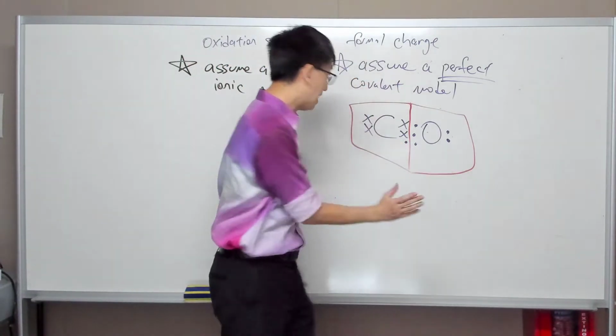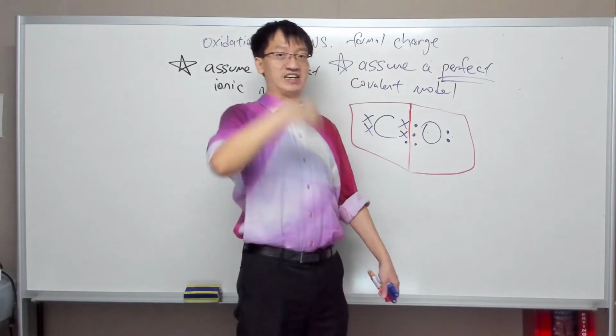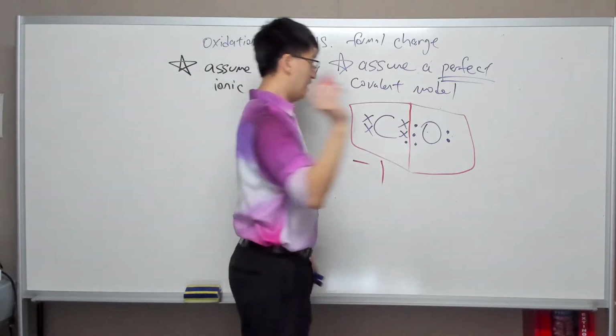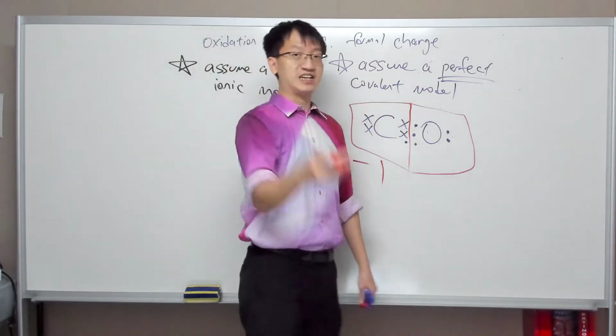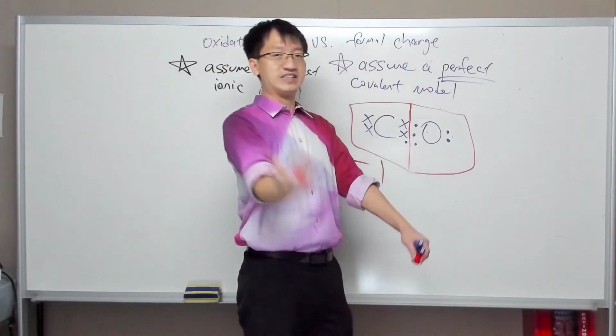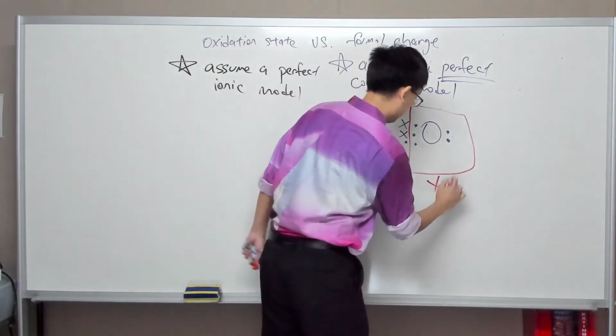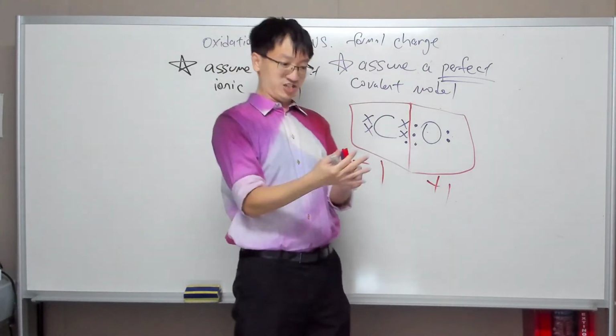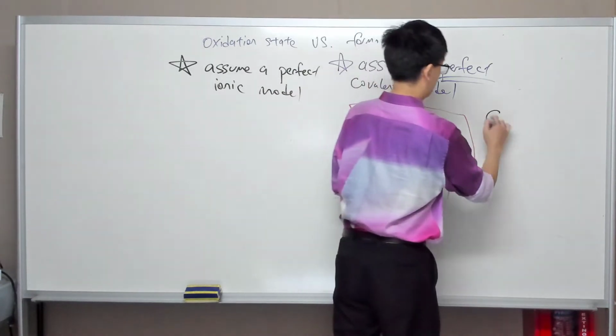So in this case, carbon originally has 4 electrons, now it has 5. So in excess of 1, so it has a formal charge of -1. Oxygen originally has 6 electrons, now less 1 electron, so formal charge +1. So when we try to represent it in the Lewis structure, CO will actually be represented this